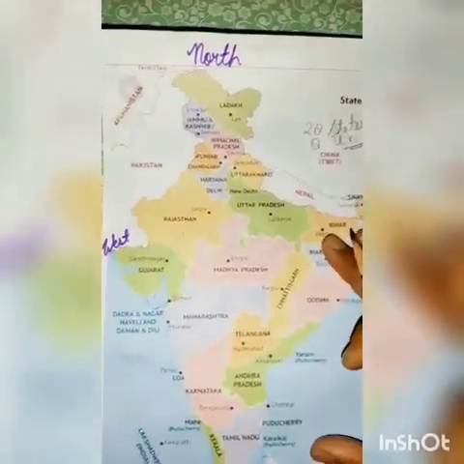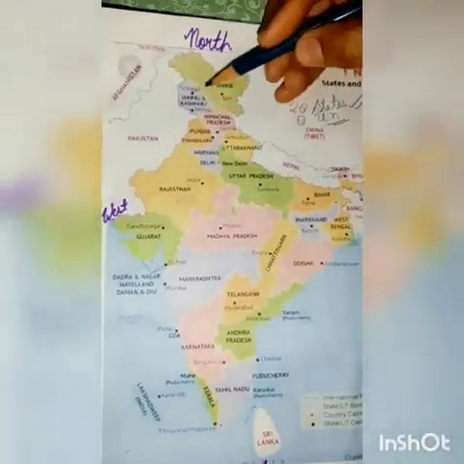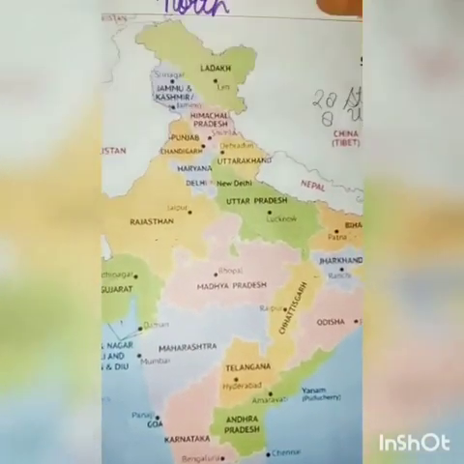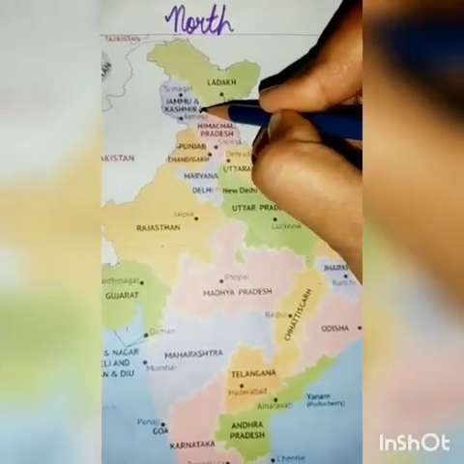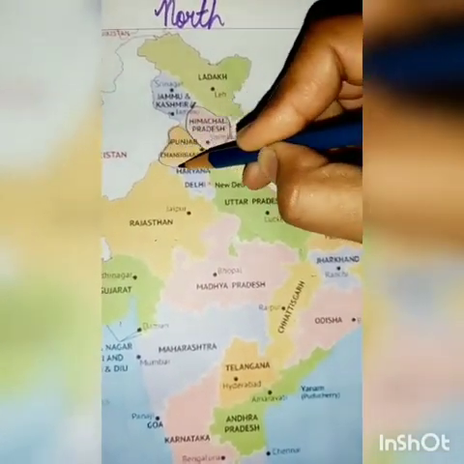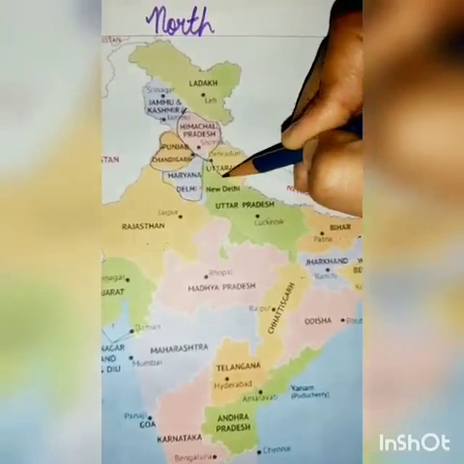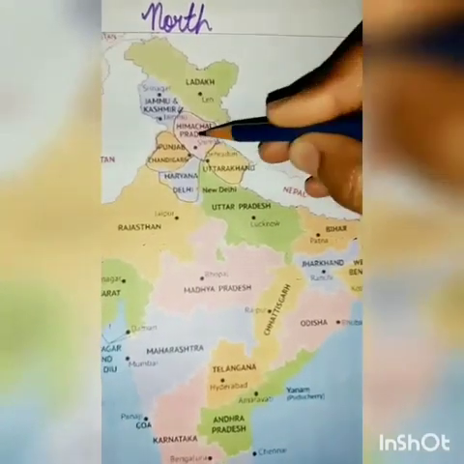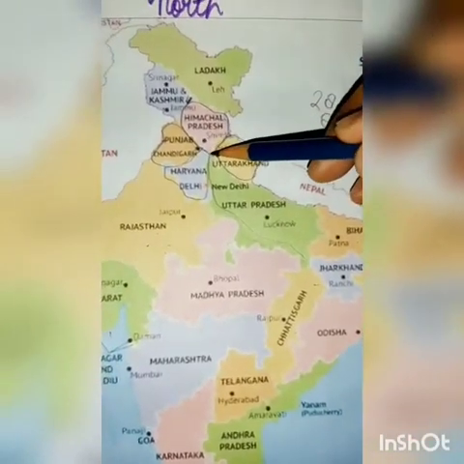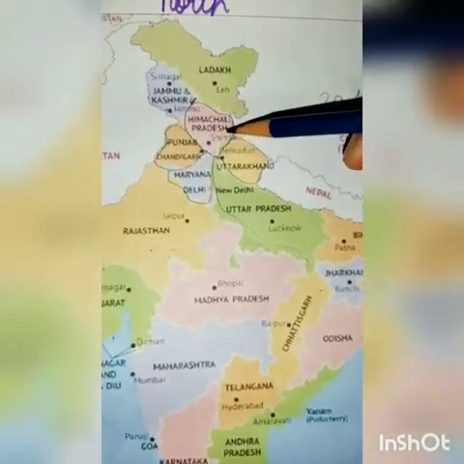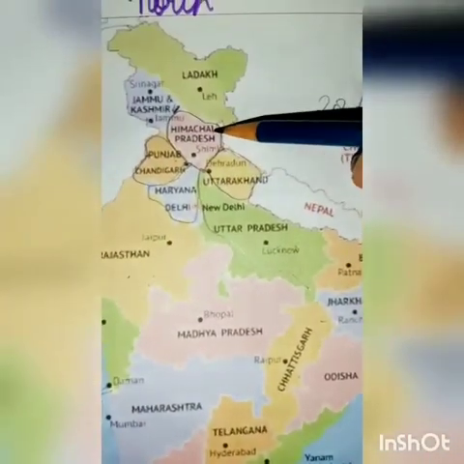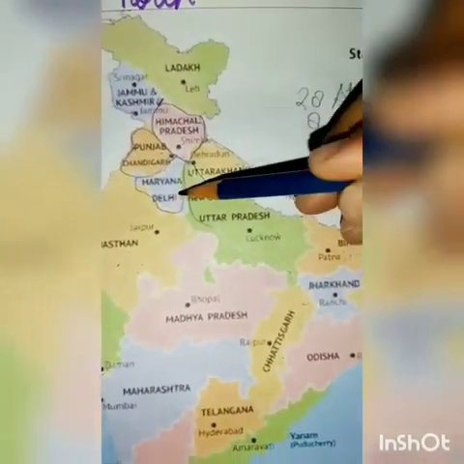This is the map of India. Always remember, this is the head of our map. At the head of our map, we have Jammu and Kashmir. Then you can see the shape of this. It is a shape of a flower petal, and this is a stick, a stem. Remember with the flower, what we say flower in Hindi, we say phool. Remember with the name of phool: P for Punjab, H for Himachal Pradesh, U for Uttarakhand, and H for Haryana.